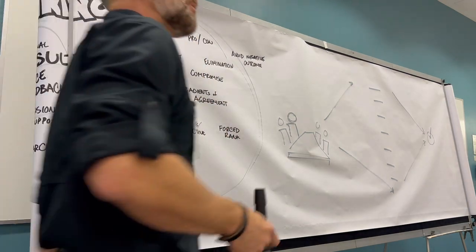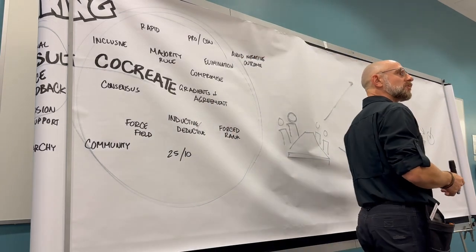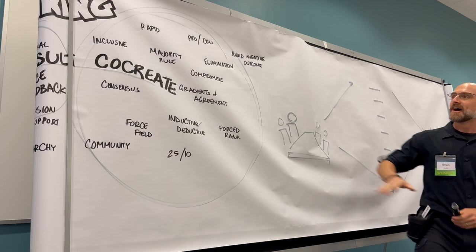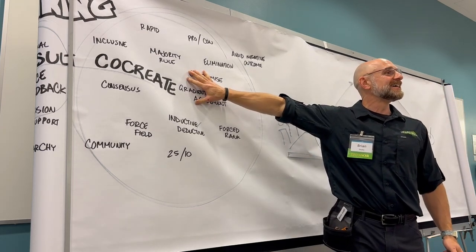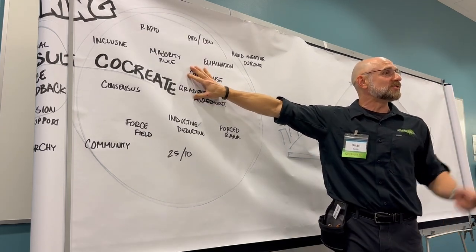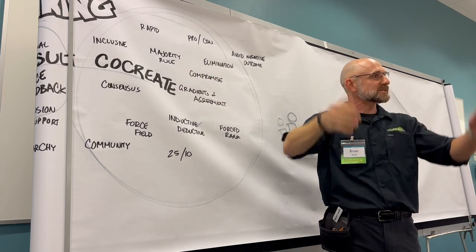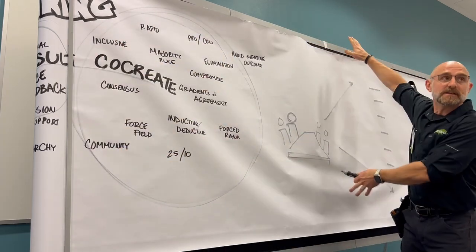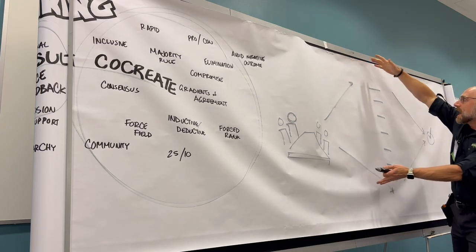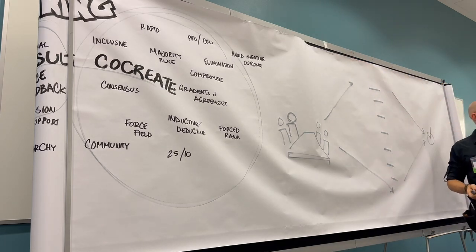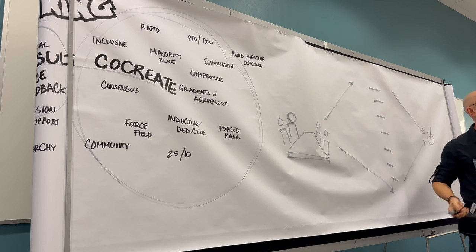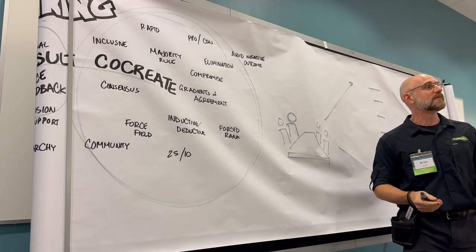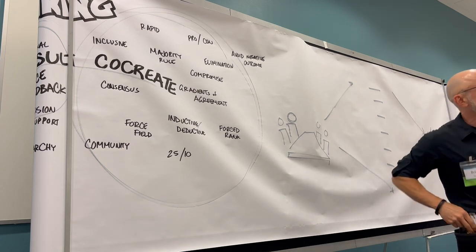Now, what happens when you get a client or a leader or a boss who says something like this? Hey, Phil, I'm a co-creative kind of guy. That's the kind of decision I want. So you set that meeting up for me, right? You set up that process for me. And we all go into the room, right? And they all start jamming on ideas and coming up with different things that we could do. And then they start closing and say, you know what? We really should do this. We should move everything over to AI, or we should push everything onto the cloud, or we should outsource HR.